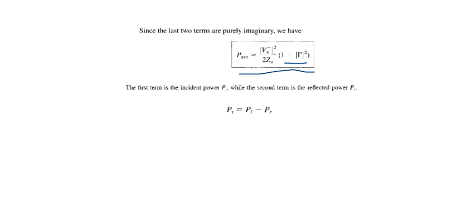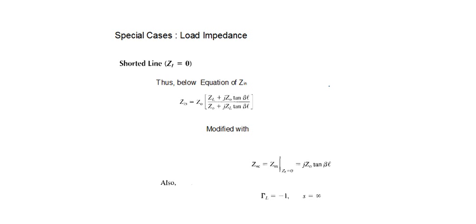So here the value is not the incident power or a transmitted power, but the effective value at any point, which is nothing but the subtraction of the reflected power from the incident power, which becomes the transmitted power. This is the effective value of power transfer toward the load. Now, to understand this, let us consider different special cases of load which we have connected on the transmission line.